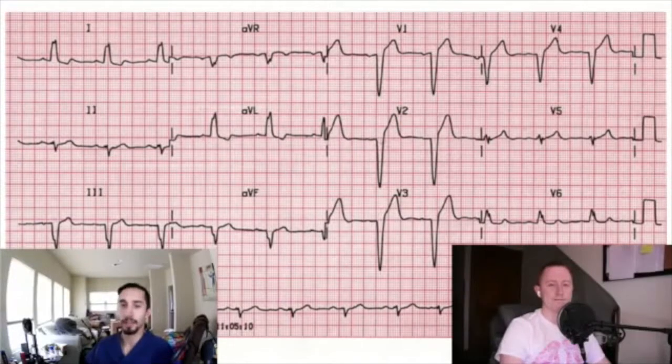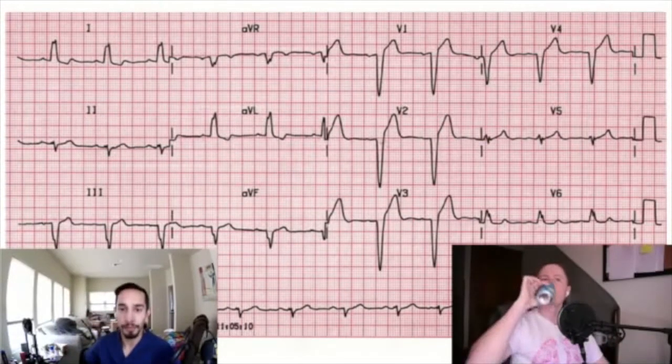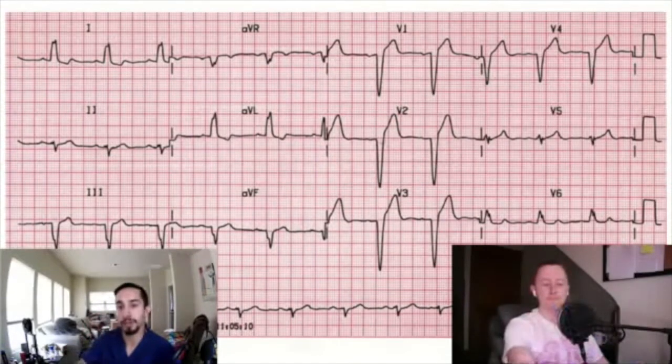Fantastic. So this is classic left bundle branch block. For the listener at home and for the viewer, you got to put this image in your mind. So if you're driving home and you're listening to this over our podcast, pull up YouTube and look at this image because this is an important one. You're seeing the classic Brugada sign found in left bundle branch block where you have that deep S wave petering out to a peaked ST. You'll see that in V1, V2, V3, and then you can see the rabbit tail, or the rabbit ears, on